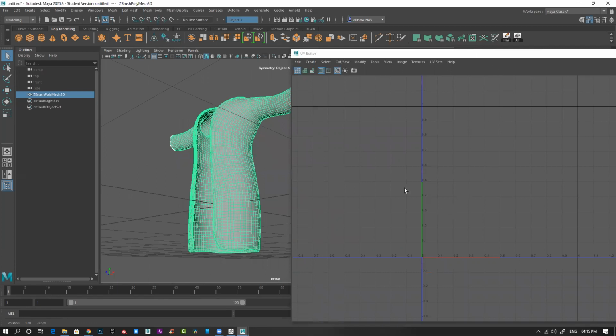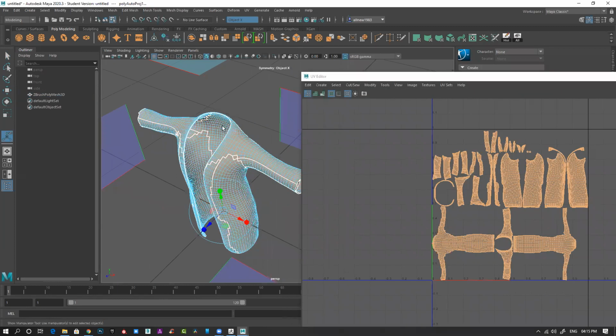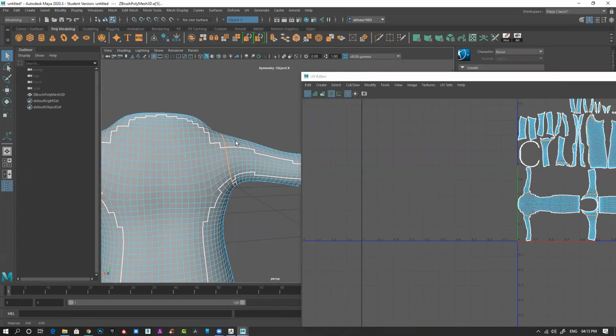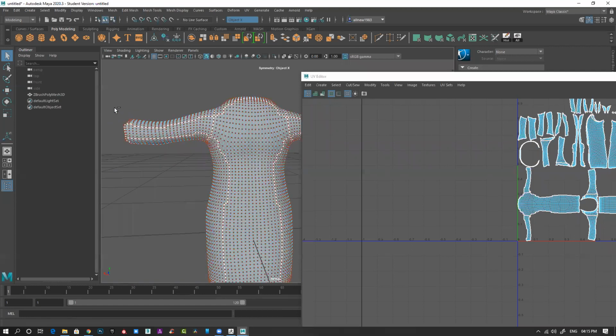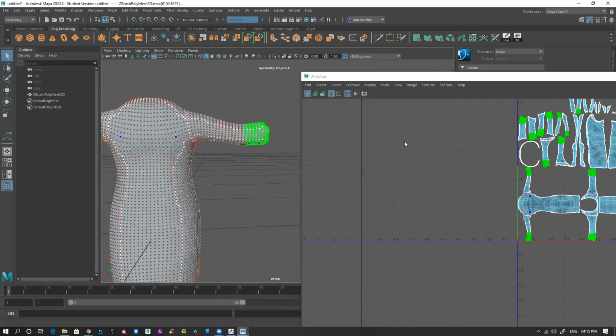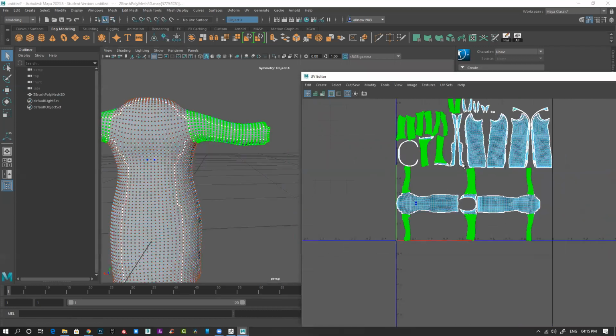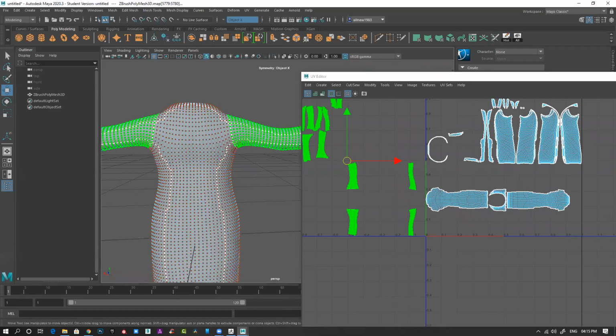I can do it really quickly. This shoulder, there should be a seam. Symmetry is on. Cut it. Maybe this area. Shell. Move it. This is your entire arm.